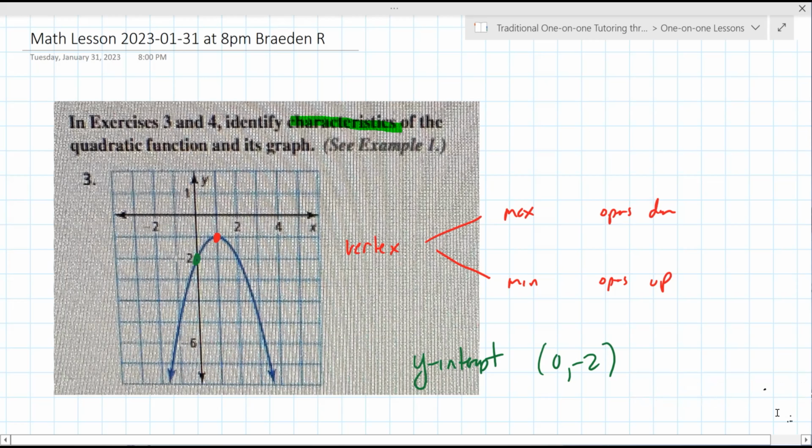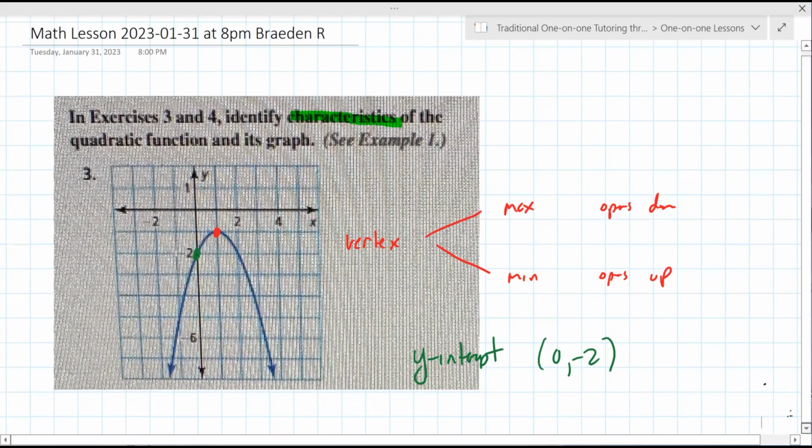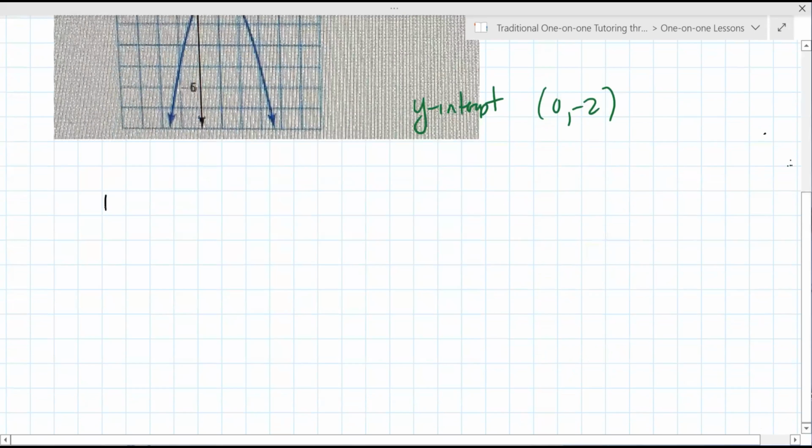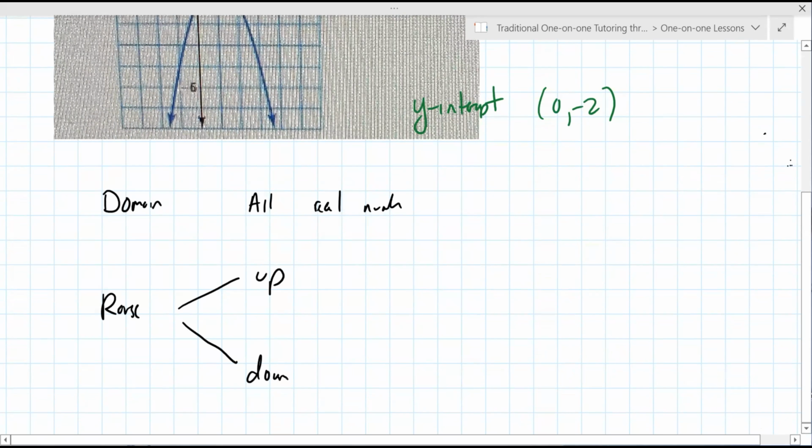Okay, so you're using set builder notation, that's fine. So you're right. The domain for all of these is always going to be all real numbers, okay? All real numbers. The range depends on whether it opens up or down. So if it opens down like you've got here, it is like you said, and in set builder notation,